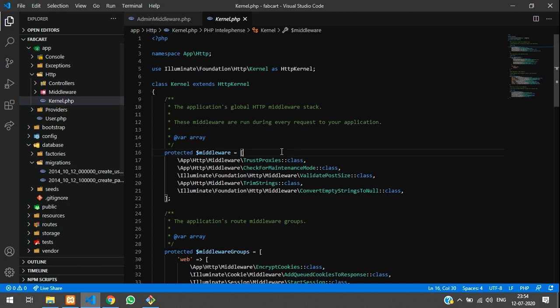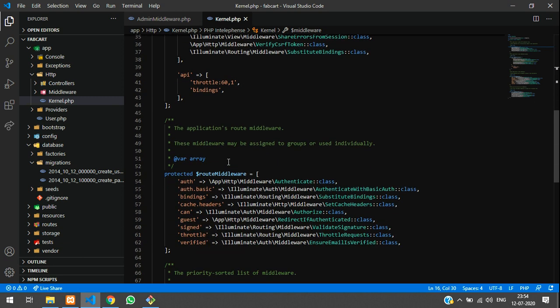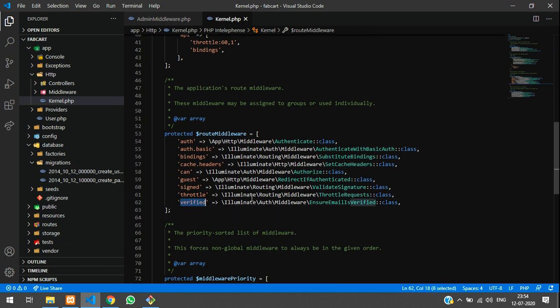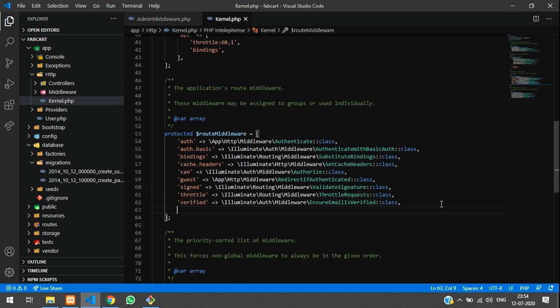Click on that and set on the route middleware. This is group, and you can set on the route middleware here.